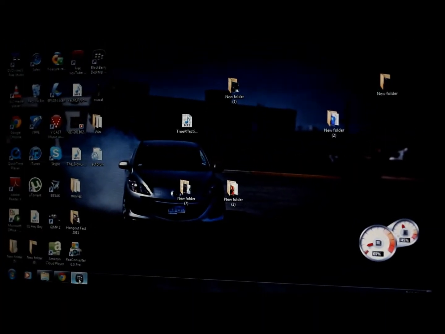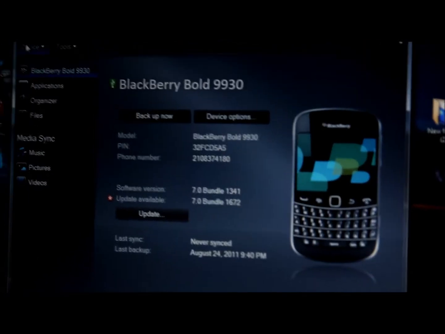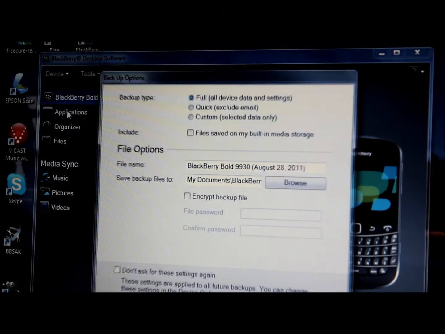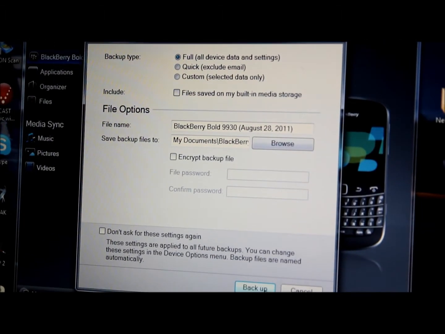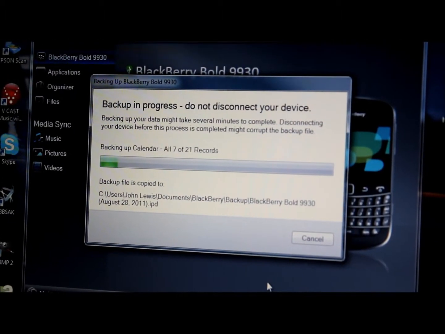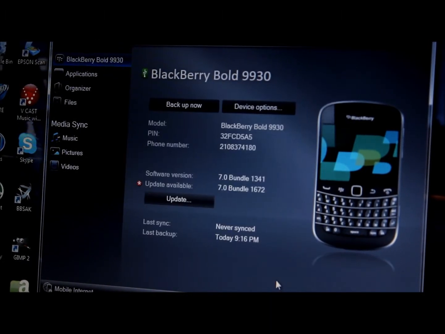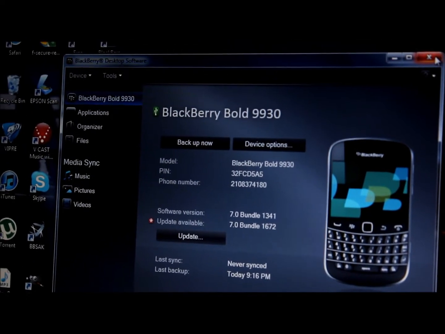Then you go to Desktop Manager. I've already got this device connected, and we're going to do a backup. I'm going to do full and just hit backup and let it do its thing. Okay, that's backed up. Now we're going to close this out,